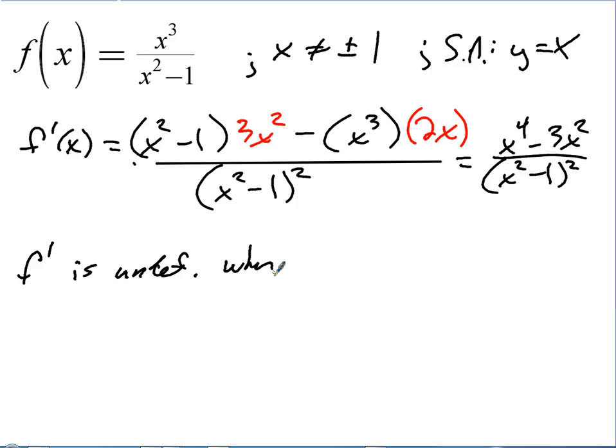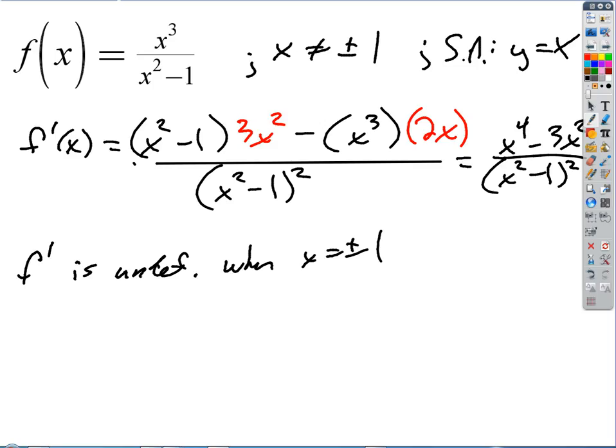One more pretty important thing here I want you to see. When's the bottom equal to 0? Plus or minus 1, okay. Right, because it's when x squared minus 1 equals 0, when x squared equals 1. Are those critical numbers? No, they're not. How come those aren't critical numbers? It's already undefined. Good. Because they're not in the domain. So those aren't critical numbers because look, the function isn't defined there.